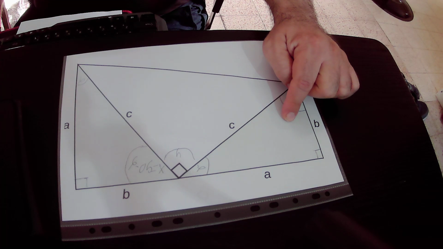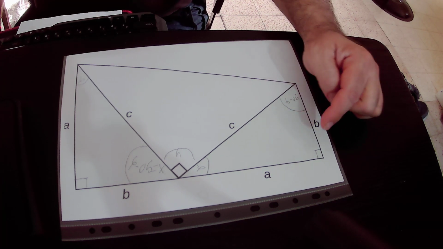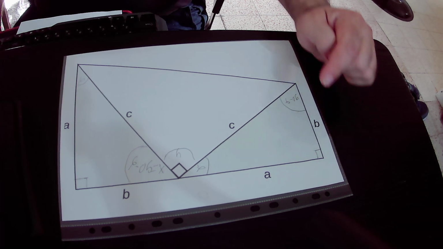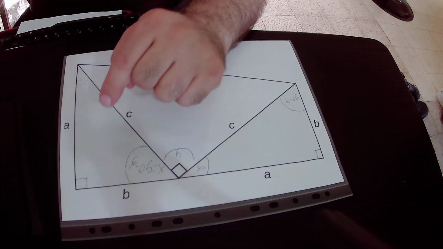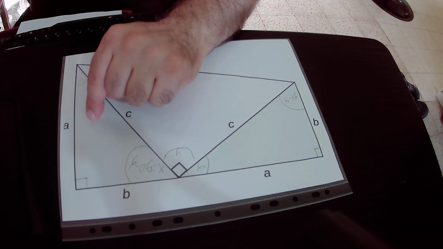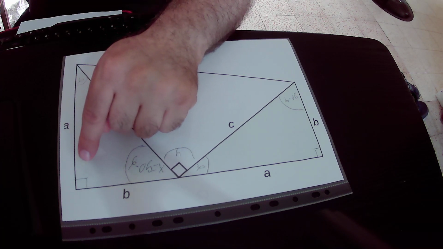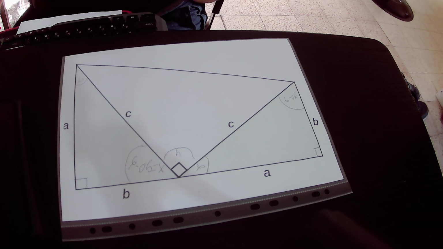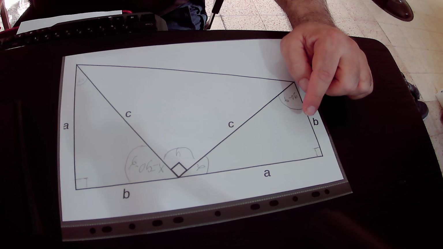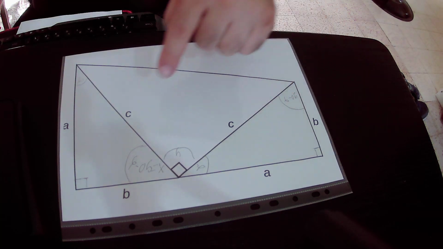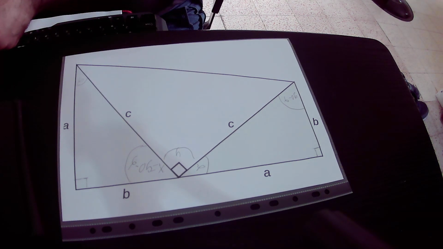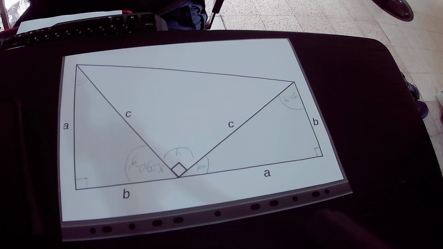in this right triangle the angle that is 90 degrees is the angle between sides A and B, and we built this triangle with a 90 degrees angle between sides A and B. Therefore triangle ABC on the right side coincides with triangle ABC on the left side according to the rule side-angle-side. That is to say,